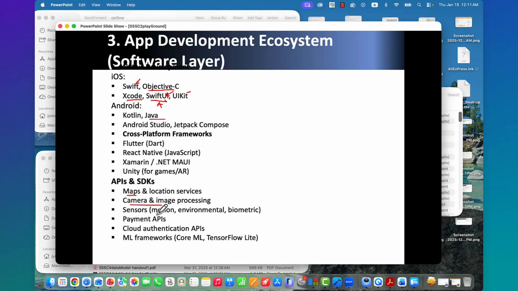Some of the sensors, motions and environmental biometrics, then we need to use the corresponding libraries, SDKs. Payment APIs, this is very important in most cases, because we need to increase the revenues. Cloud authentications and machine learning frameworks. So Core ML or TensorFlow Lite, those are available for iPhone apps development.